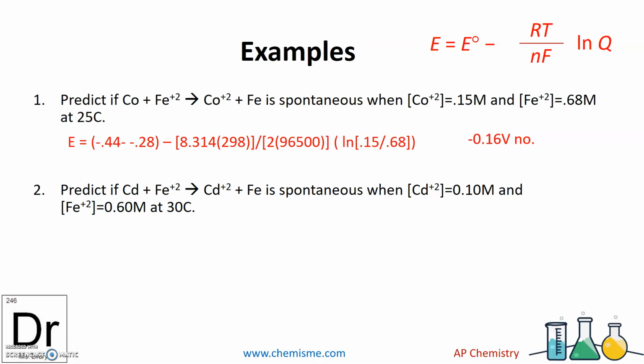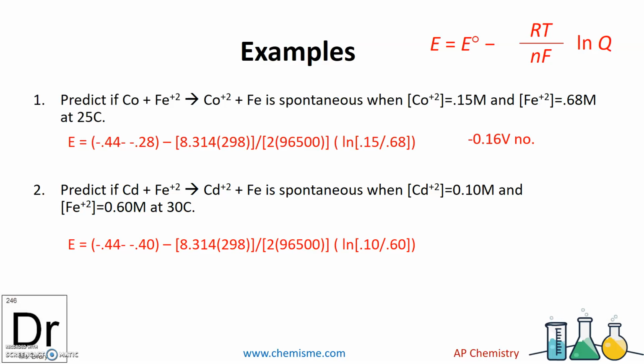And at number 2, we have another example of cadmium replacing iron, and we want to know if these molarities and this new temperature of 30 degrees Celsius will make it spontaneous. So again, I'm using the equation. I'm looking up iron reducing and copying it down just like before, negative 0.44, but I'm subtracting the cadmium because it's oxidizing at negative 0.4, and so that gives us